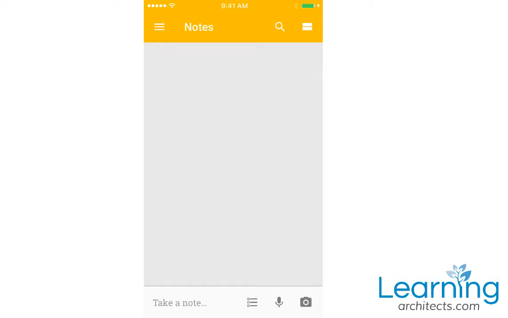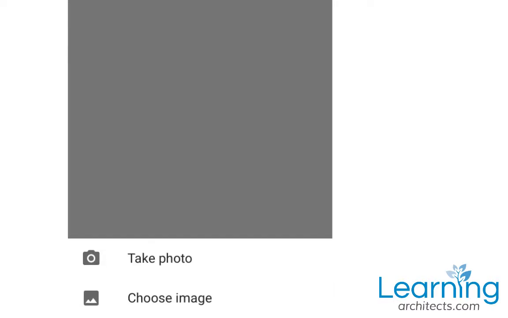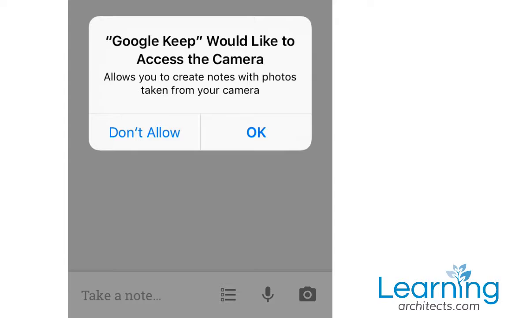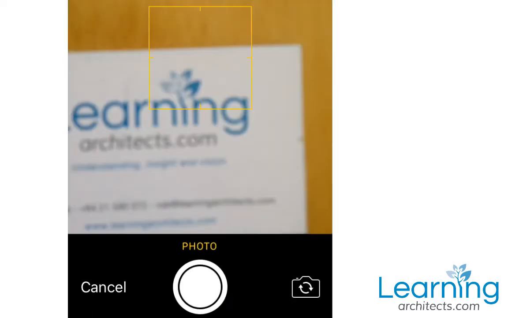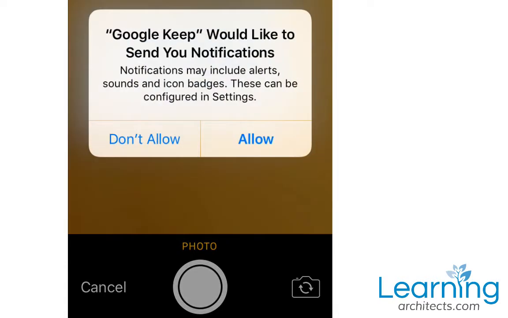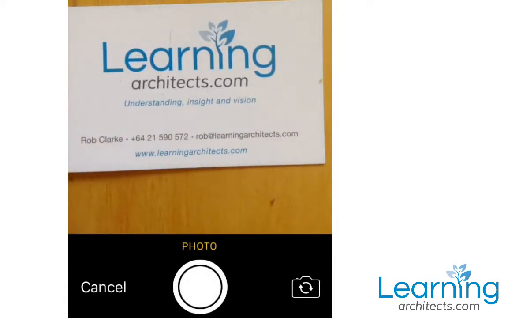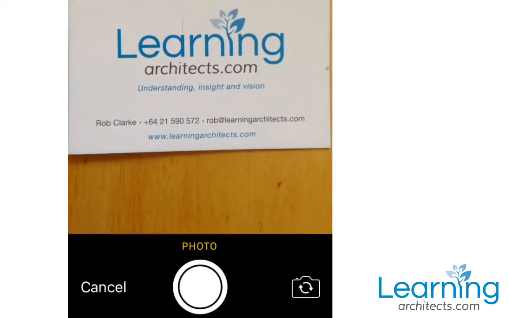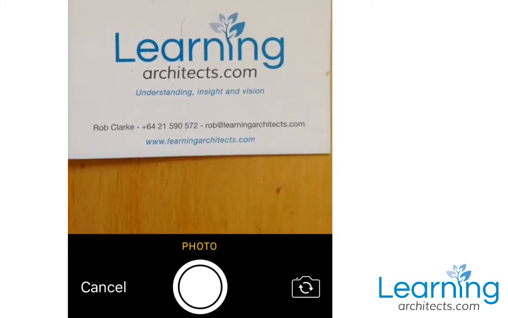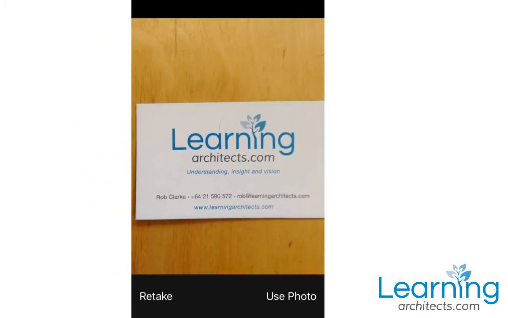Now, if I want to take an image, I can choose an existing image or take a photo, and Google Keep will enable me to scan and use OCR to turn the image into text. So if I take a photo of my business card and then choose Use Photo,